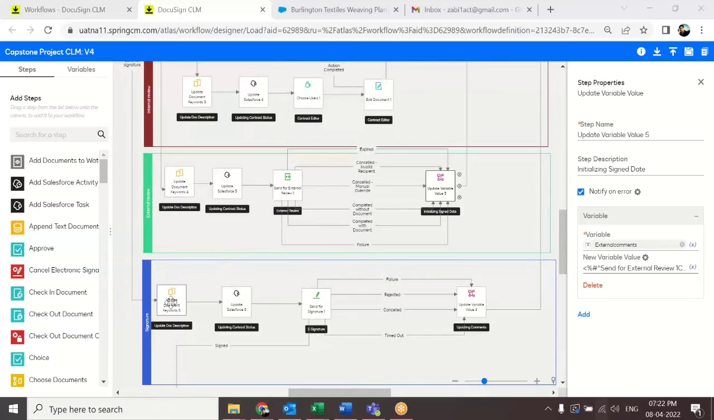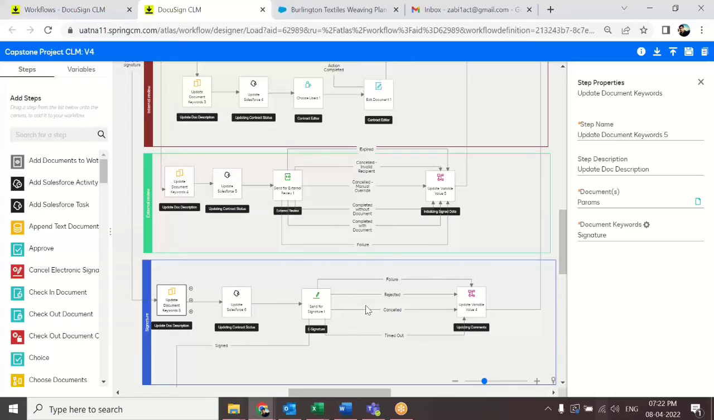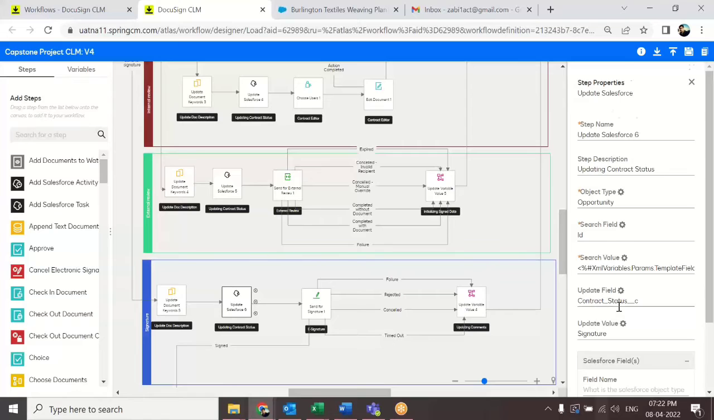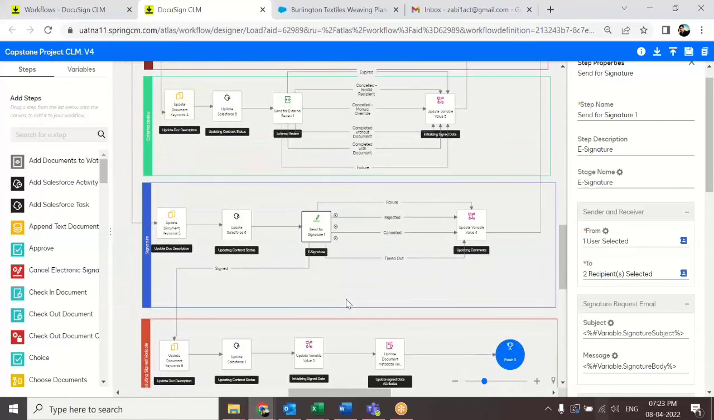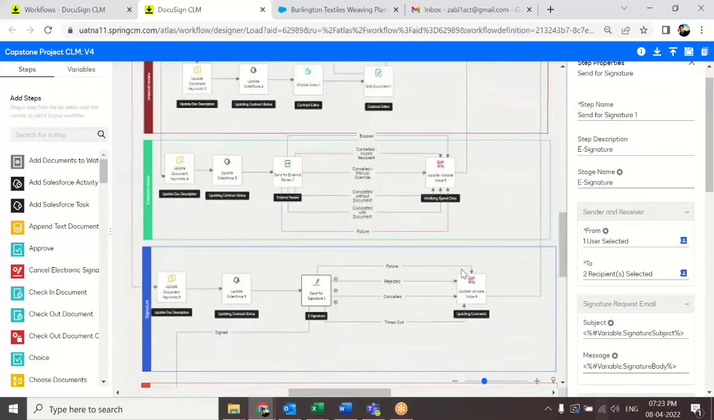So here we have update document, and it is updated with the keyword as signature. And here we have the Salesforce field updated. Once that has been updated, it moves to the e-signature here, sign for signature 1. So once the signature is completed, it moves to the next step, or if it is failed, rejected, or cancelled, or a timeout, it routes back to the legal review by updating the